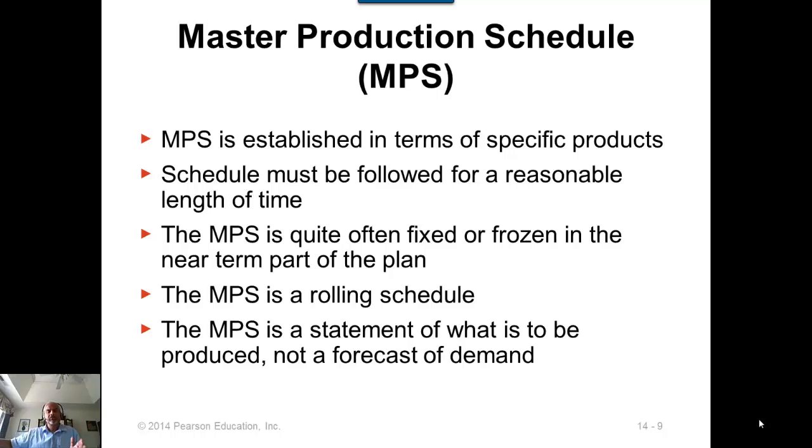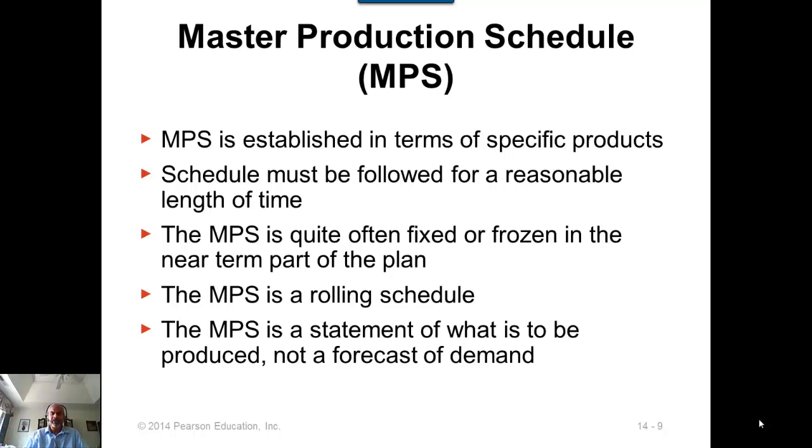And beyond that, changes can be made based on demand forecast changes or capacity requirement changes and so on. Master production schedule is a rolling schedule, meaning as you move through time, when the first week in the master production schedule becomes past week, one additional week is added at the far end. So you'll always have like 10 or 13 or 15 weeks, and it's a rolling plan.